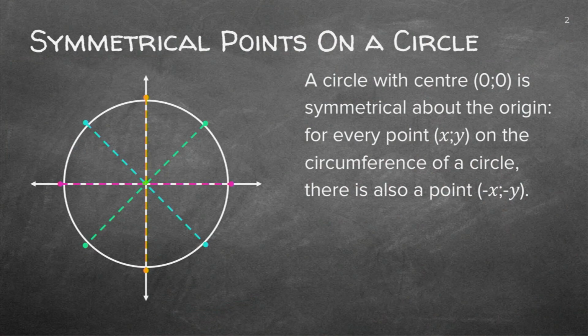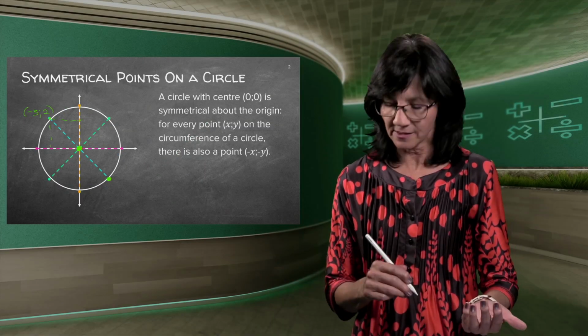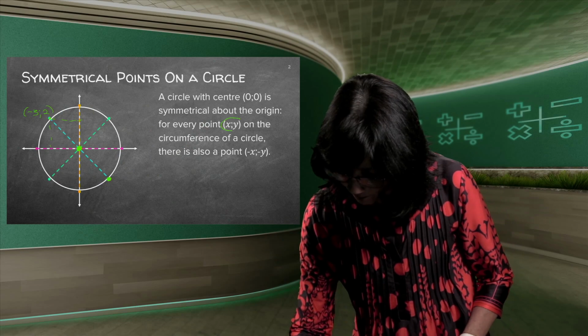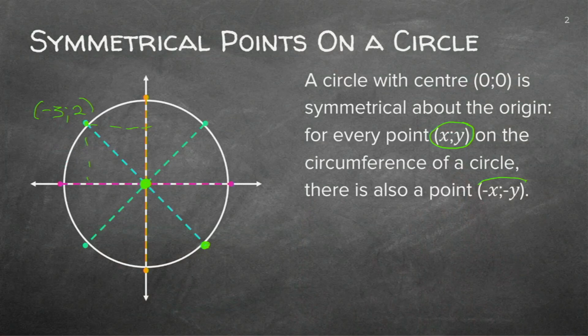If my origin is 0, there's my origin, 0, 0. And I have a point. I'm just going to do an example. Let's say -3 and 2. That is approximately, I'm just guessing, taking any point. If you have a point on one side of the circle and you connect it straight away with the origin and you go straight to this point on this side, you can always find the symmetrical point. All you need to do is to change the signs. So there was your original point, and all you need to do is to change the sign.